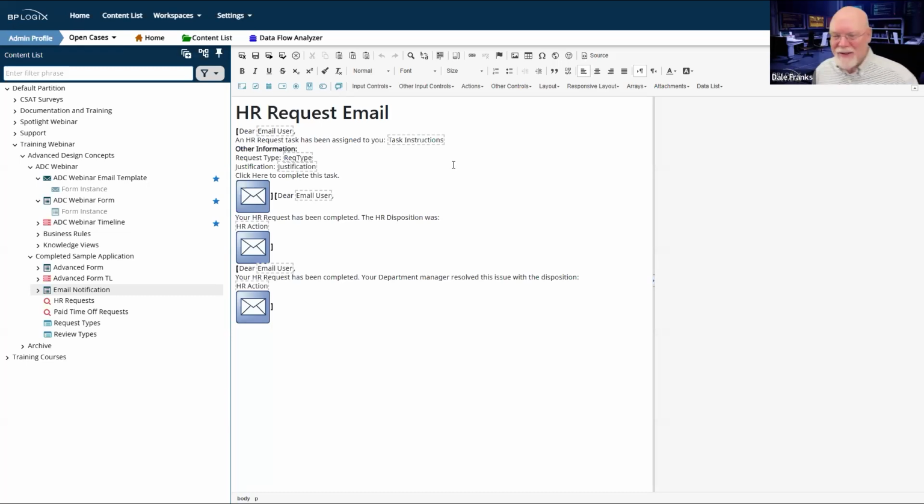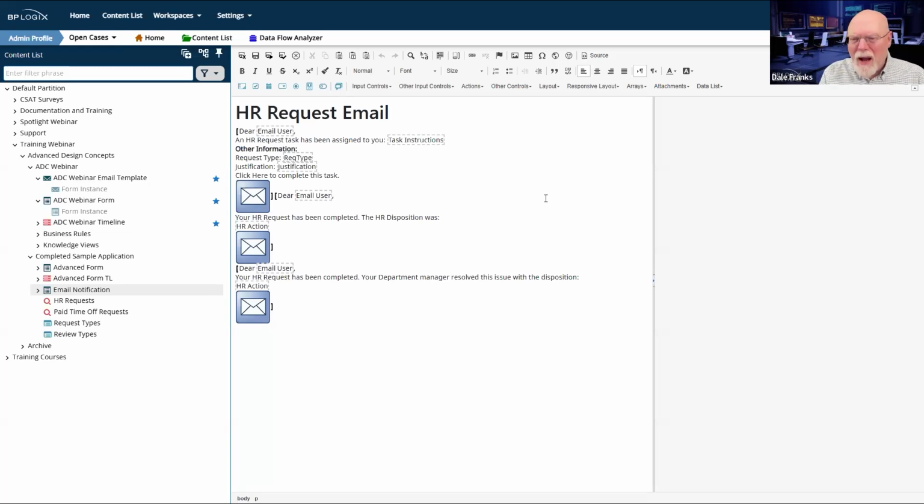And in my experience, some senior level executives resent scroll down time, and so they might want it done that way. They might want to be able just to go to the completion form. But I think that's not the majority of cases that you're going to use. I think in the vast majority of cases, this sort of task notification is the recommended task notification that you use for your end users.